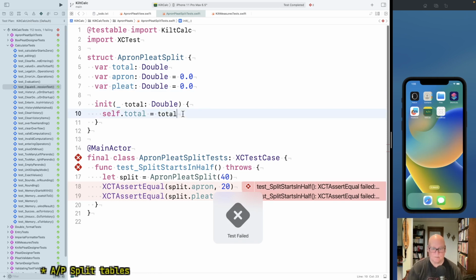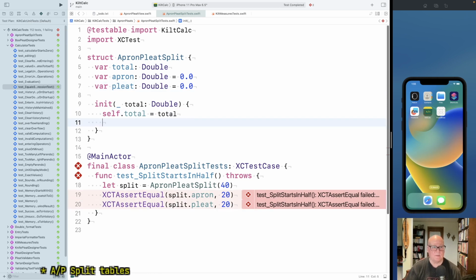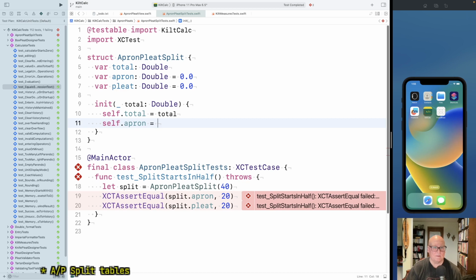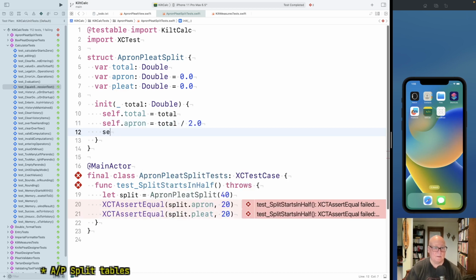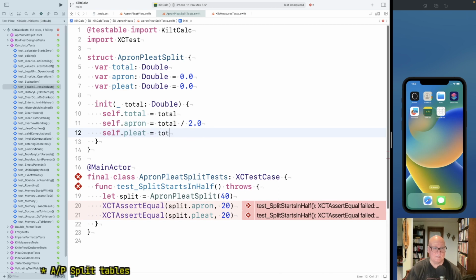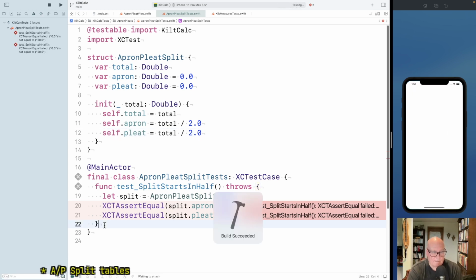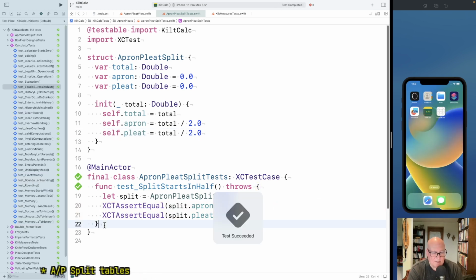Okay, so we want apron view total divided by 2 and pleat view total divided by 2. Now, the thing I don't know,